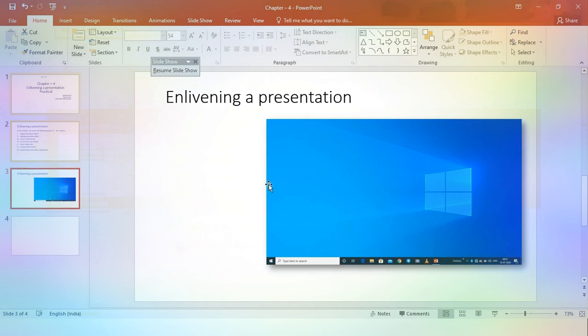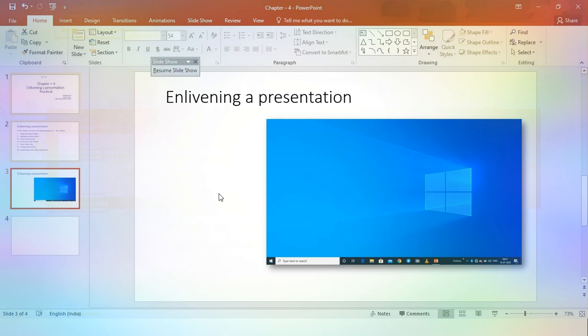In this slide you can see a title and a picture. Let's go through the topics which we have to cover. You have to learn about animation, and how to apply animation in this slide.